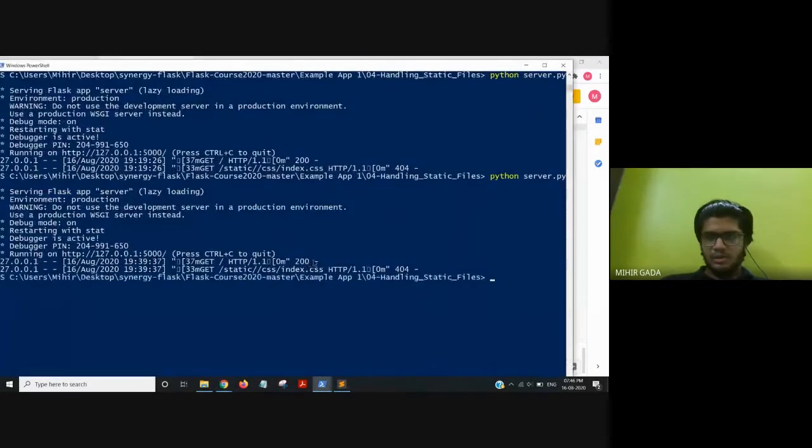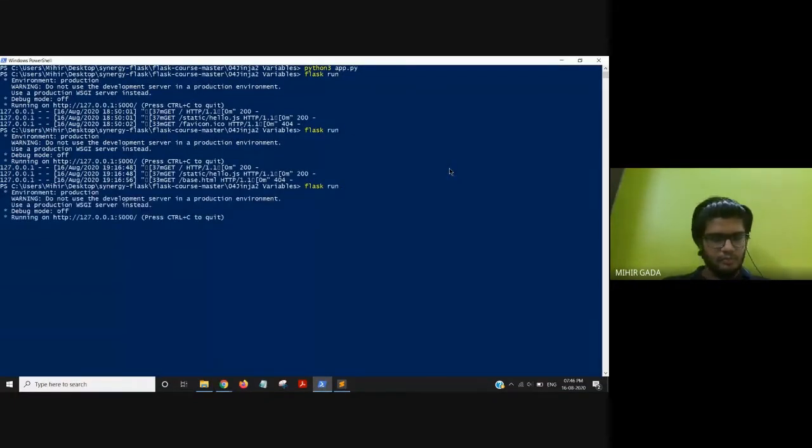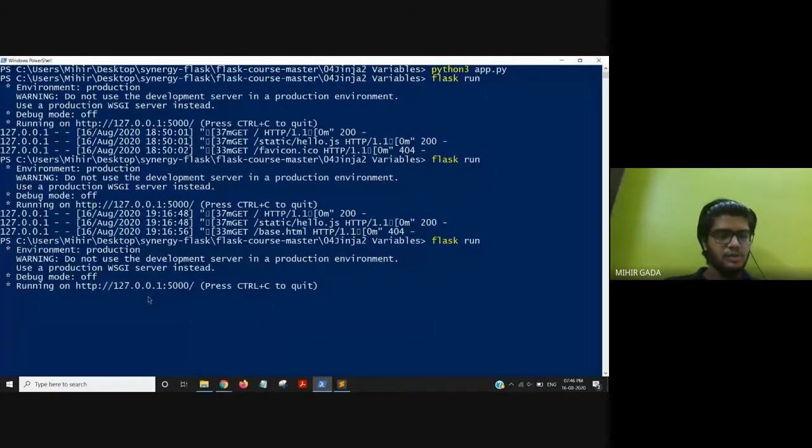So I will just close this server. This was my static server. Now I am going to my new server. So you can see I started my server. Now here my debug mode is off. I just wanted to show that if my debug mode is on, it displays whether it is on or off. You can start your debug mode by writing code in your app.py, or using the terminal also. In future you can use the debug mode.